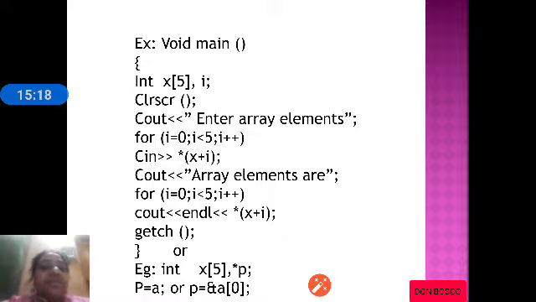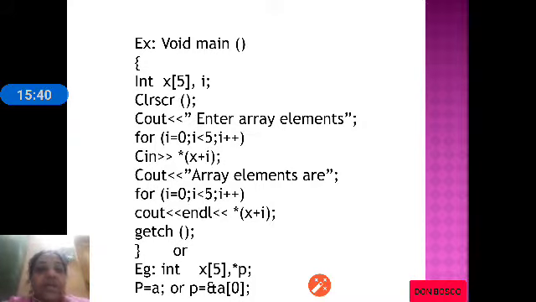Example: int x[5], *p. p is a pointer which can store the address of an integer. p = a. You need not give ampersand because a is the array name which stores the base address. Base address is the address of the first element in the array.